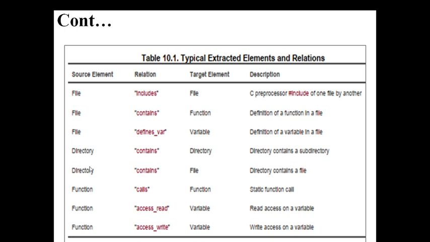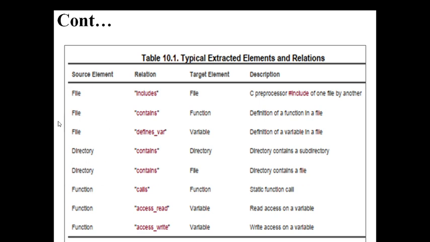We may collect the directory also, as an element. A directory contains a set of subfolders, and a directory can again contain files. For the function, what is the main theme of the function? The function will call another function, the function may be accessed by another function, or the function will read the value of a variable or write the value of a variable. So these are the things.